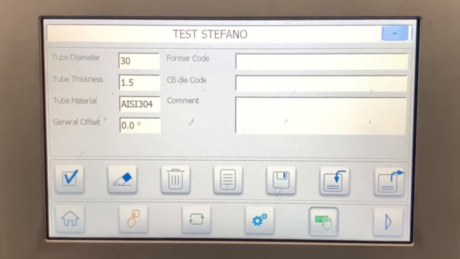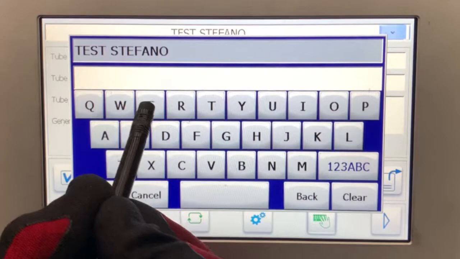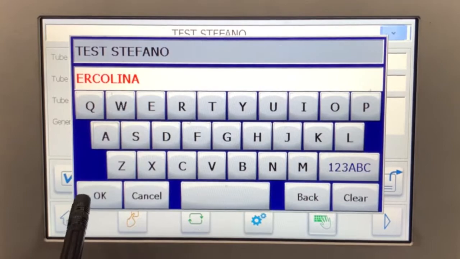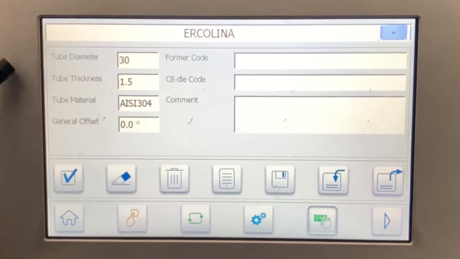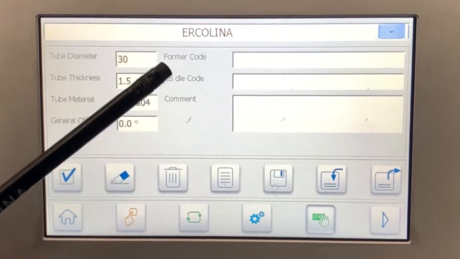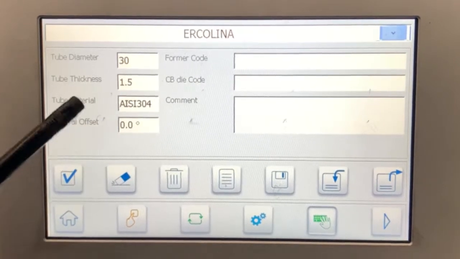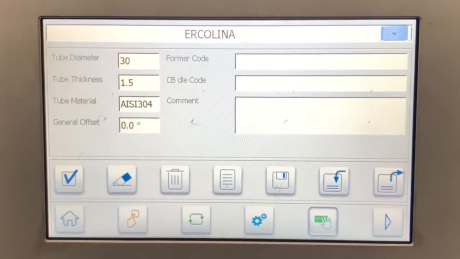How to create a program? I go in programming, I select an existing program, and I overwrite it. Here I can insert information about my tube diameter, the thickness, the material, if there has been done a particular offset, the code of the former, of the counterbending die or of the clamp, and the comment. This is just for information to remember that I did this program with that tooling or this tube. You go forward,